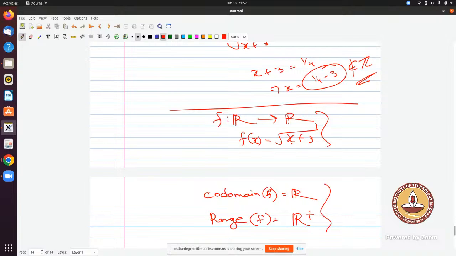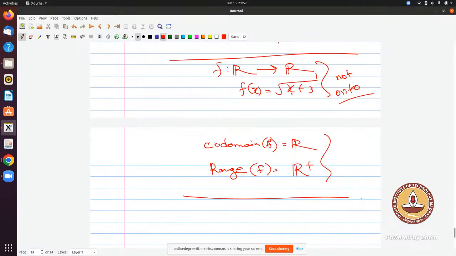Now, here, you know what your range is, right? And that is not equal to the codomain. So you can directly say that this is not onto. Here, we don't have to go to the trial and error method. But in some cases, when we are not sure what your range is, like if I